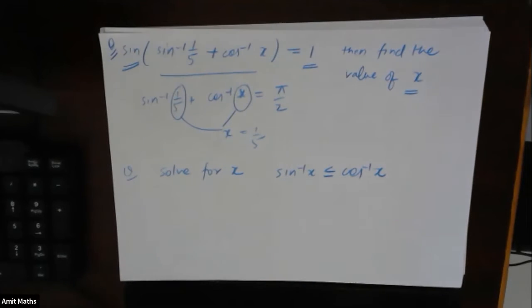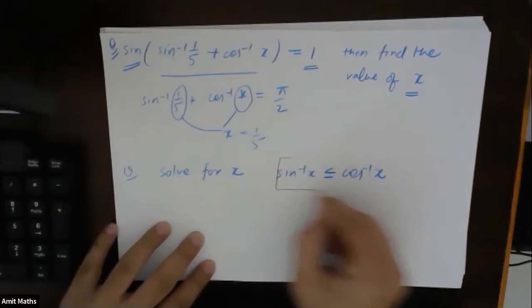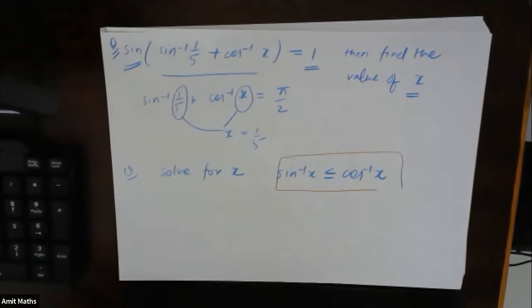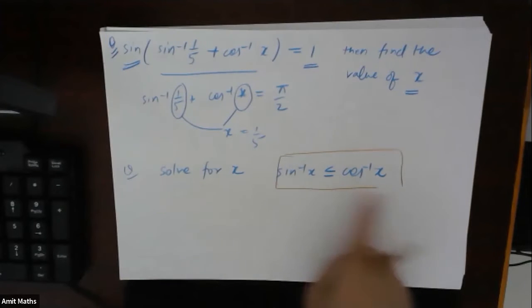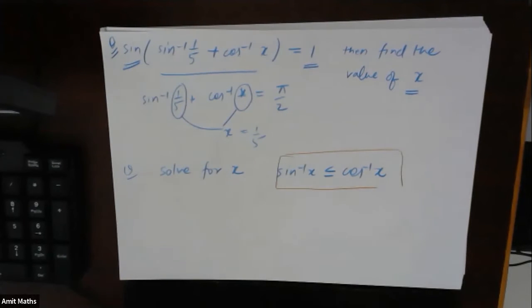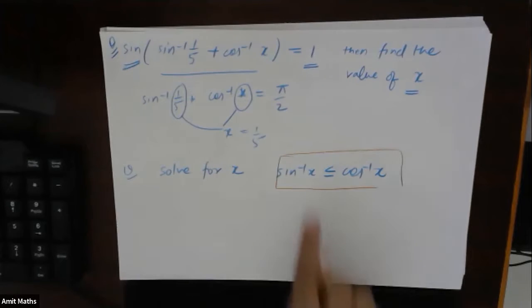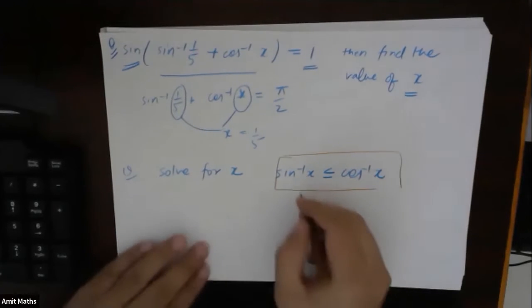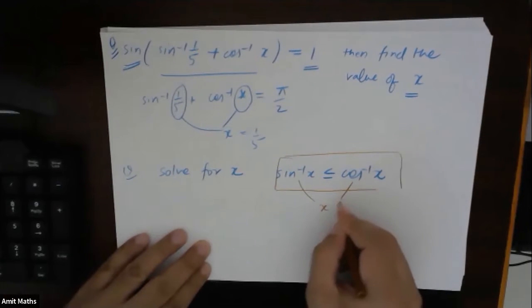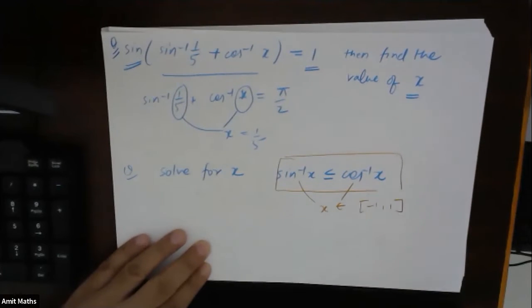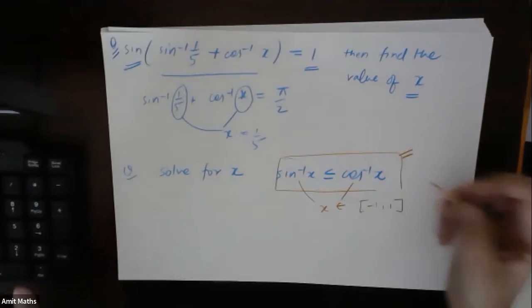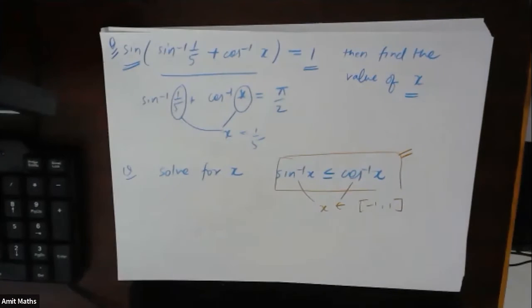Okay, so let's see. So basically, this is an inequality question. So one thing which we can do is draw the graph of both functions. How can we draw the graph of both in the same plane? Because for this one also and for this one also, x belongs to which domain? x belongs to -1 to 1, right? So one thing is that we can simply draw the graph and we can find the answer.